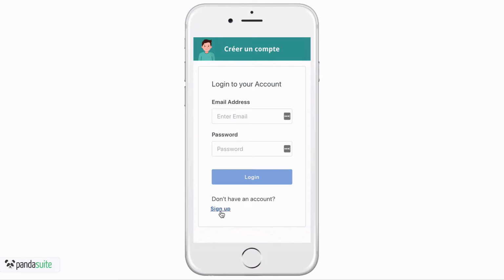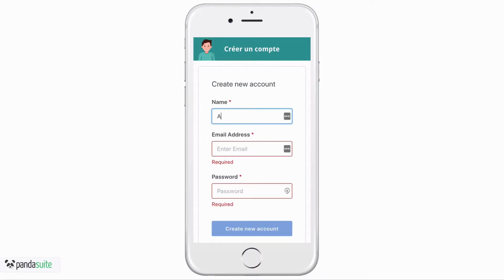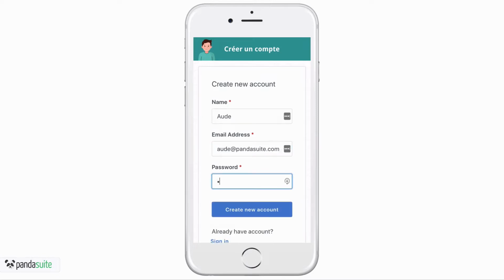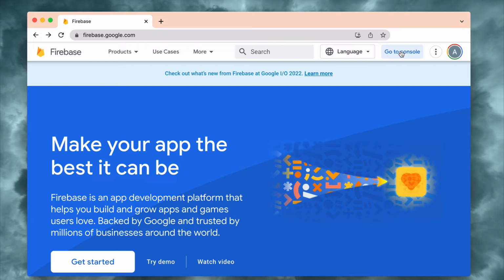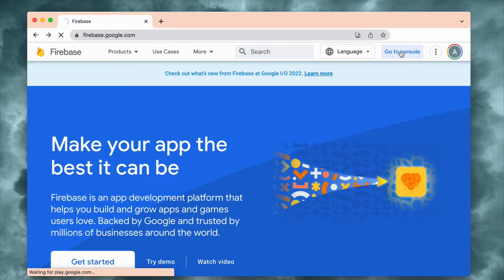User authentication is a step to identify users and manage access within your app. There are multiple ways to add user authentication, but let's focus on how to add user authentication with Firebase. Firebase is Google's mobile platform to easily create a scalable and powerful backend for mobile applications with a generous free tier. First, you must create an account.